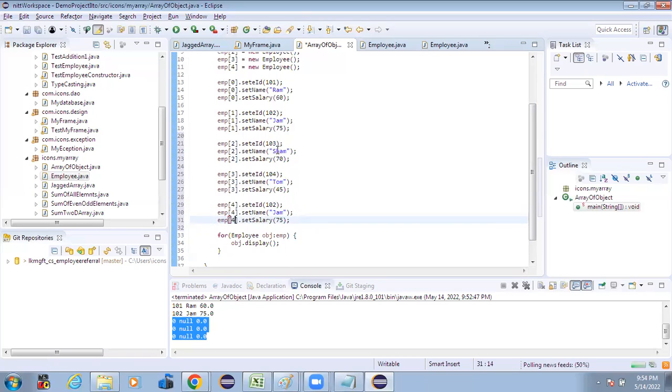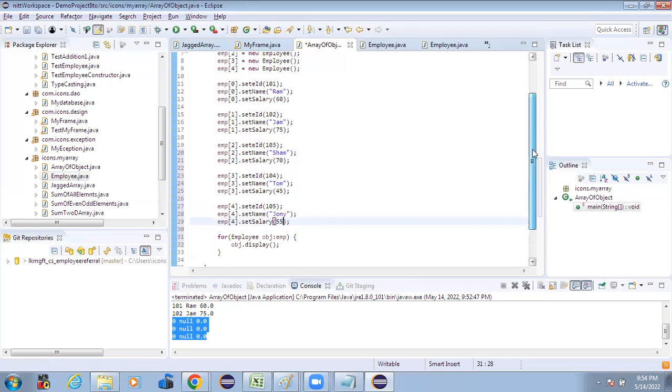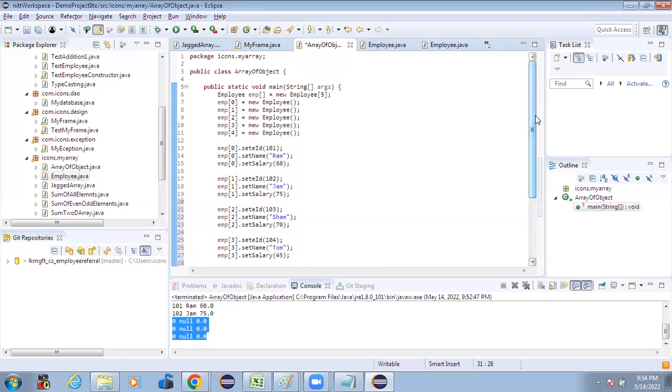Okay, here actually 103 Tom, 105 I am putting, and here Johnny. Okay, and here I can write 55. Okay, like this one. So in this way, multiple records of the employee type,